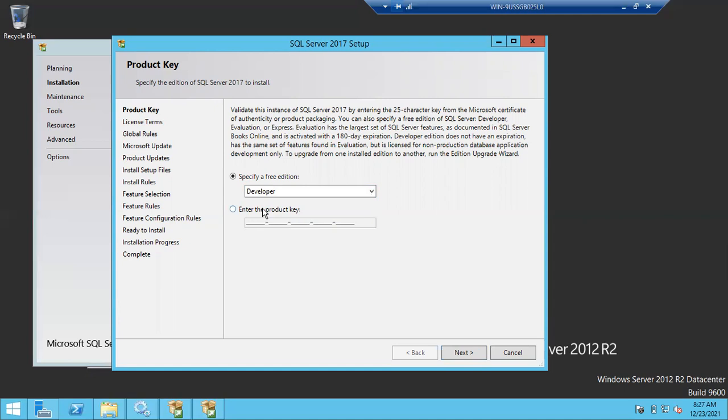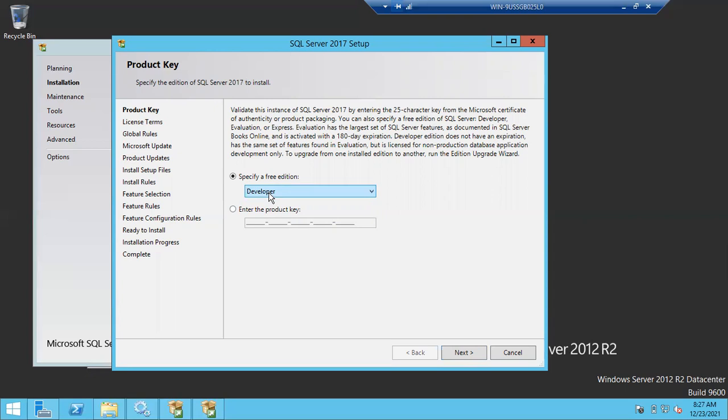Developer edition has unlimited features, which means whatever features are there, you can use all of them in the Developer edition. So I'll install Developer edition. Enterprise edition, sir, where is the option for Enterprise edition? That is paid. Where is that option?